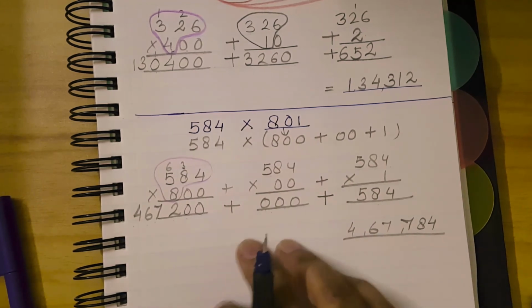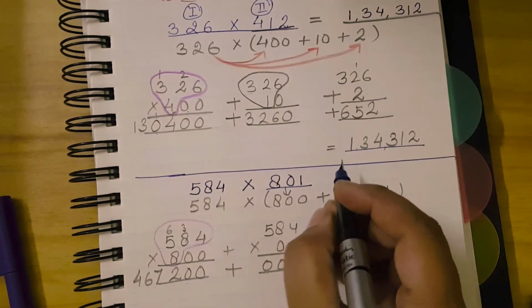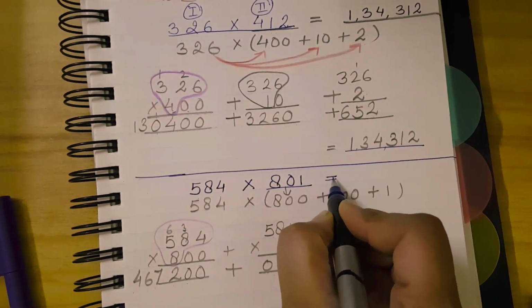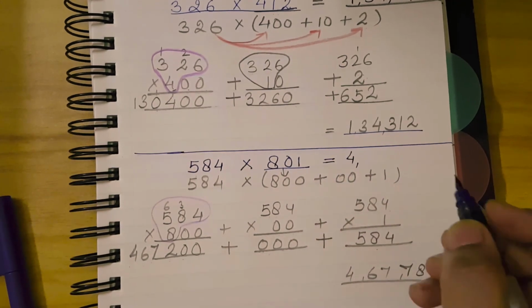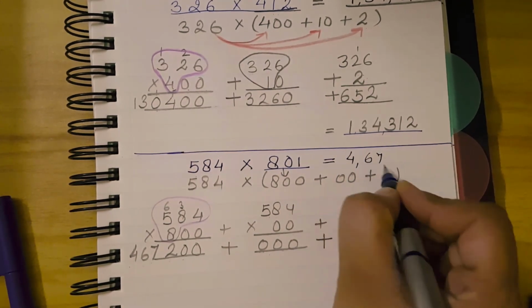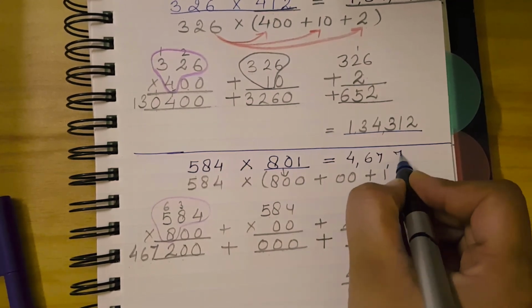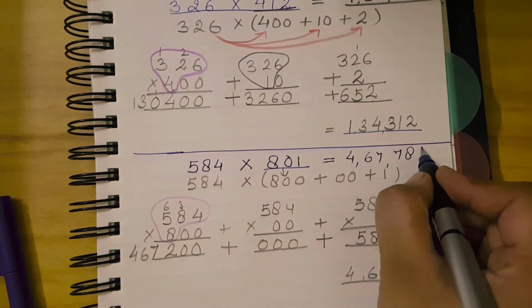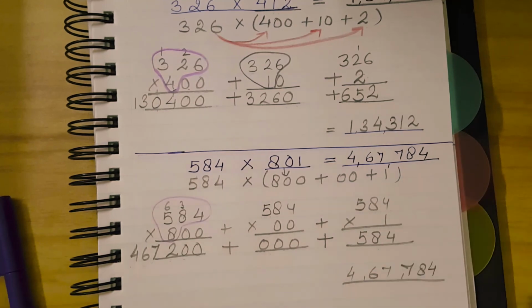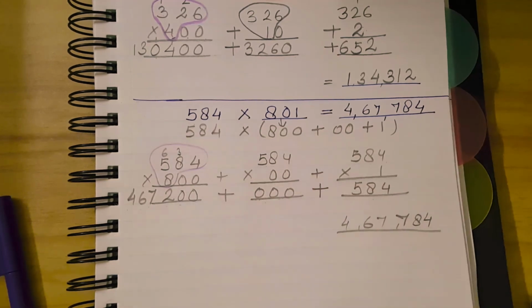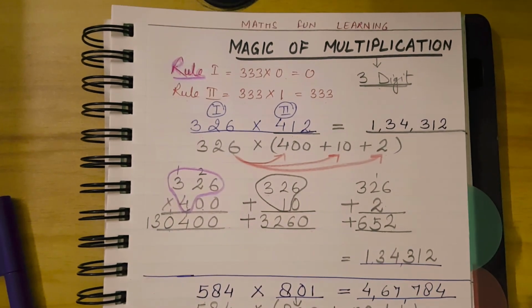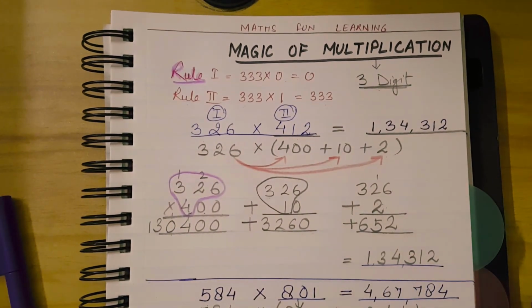I hope you are able to understand, and it's quite easy. So like that you can multiply any digit number and it is quite easy. But what you have to do, you have to only practice these things, these numbers, practice multiplication. If you practice more, it is quite easy, and your speed also increases, and you can do it as fast